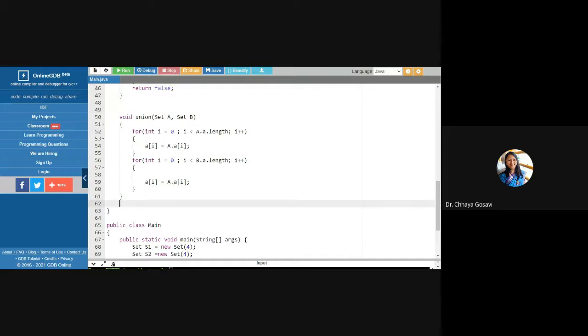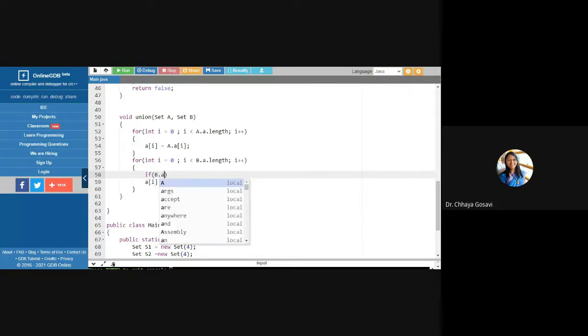to my array here. So here I will check if B dot A of I. I want to call the member of function for the current object, so I have to use this dot member of.